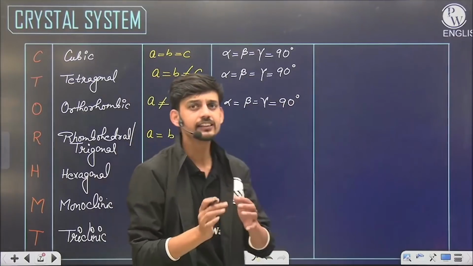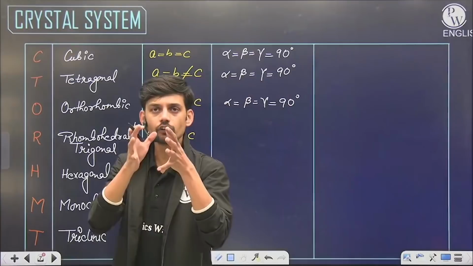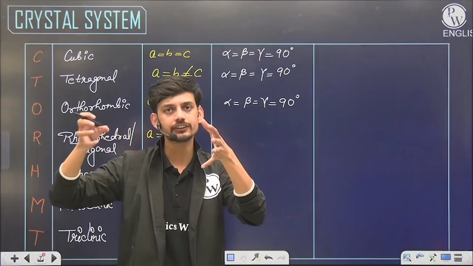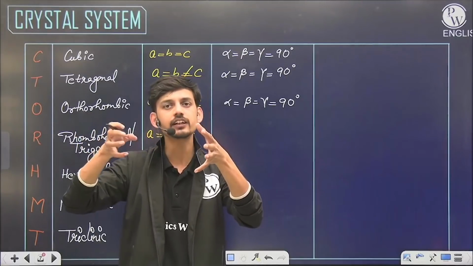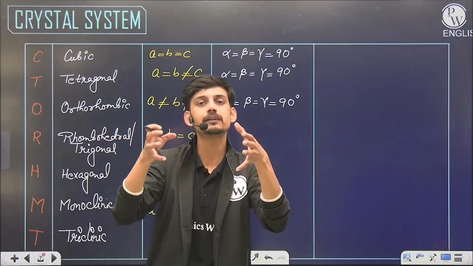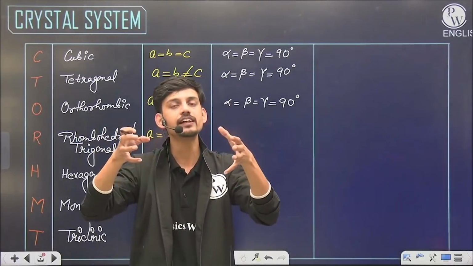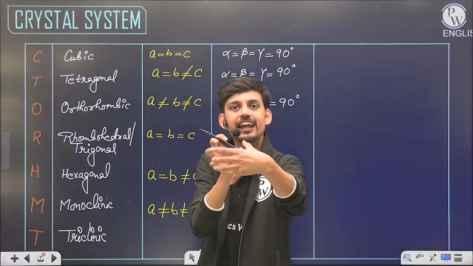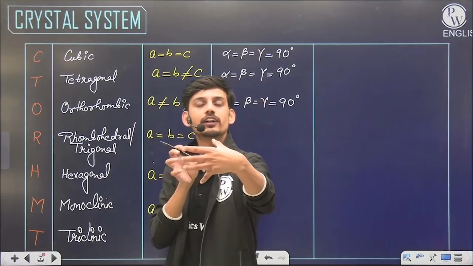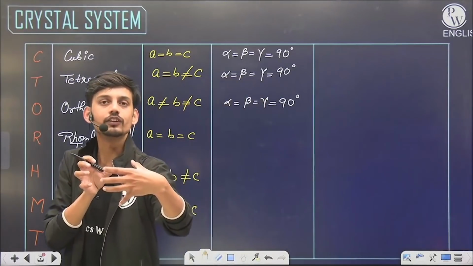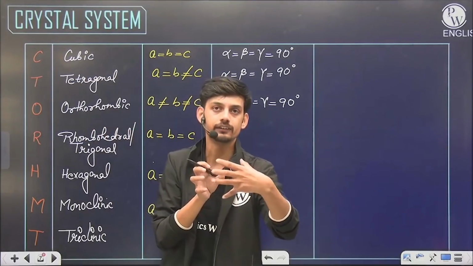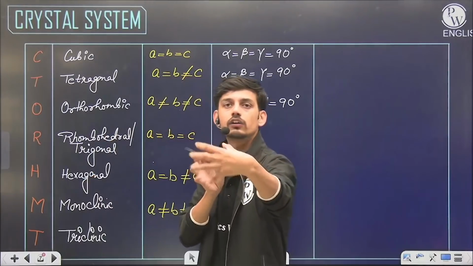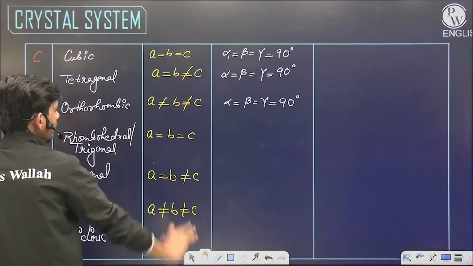So you can visualize this as well: a cube is a solid in which all the lengths are equal. Now if I pull a face of the cube in one direction, then one length will change. That becomes tetragonal, in which I have pulled the face in one direction without changing the angles. Now if I pull another face in another direction, then all the lengths become not equal. That becomes orthorhombic, which we call in maths a cuboid. So first cube, all the lengths equal, then tetragonal, and then orthorhombic. These are the first 3 unit cells of the crystal systems.